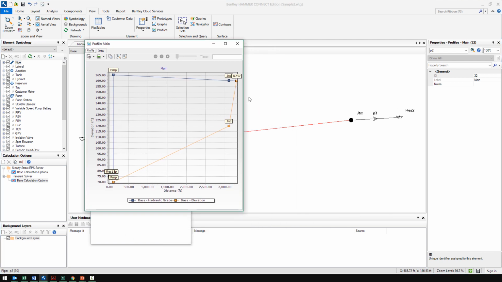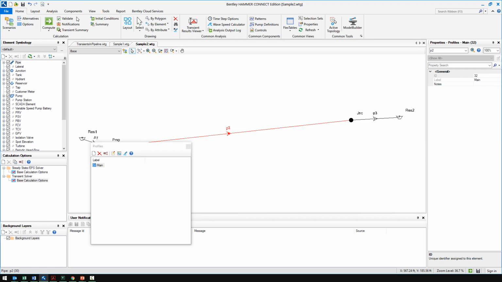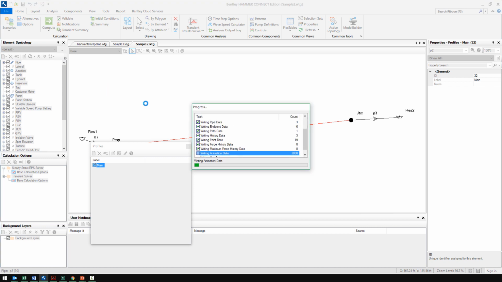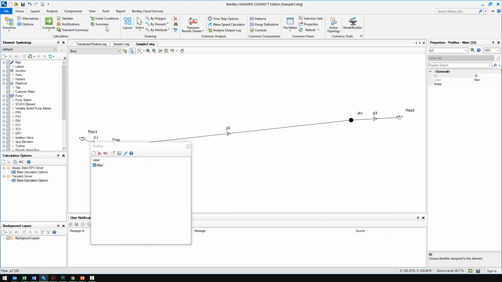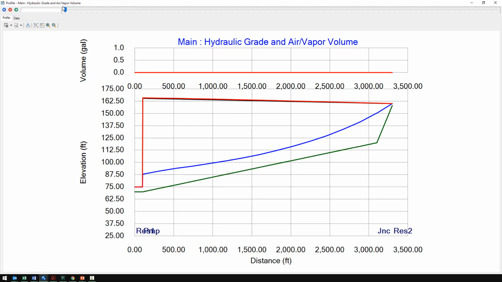So we can see this is your initial conditions profile. We have a slope to our hydraulic grade because we're pumping from the left side to the right side. The pump is adding energy, and there's a friction slope as it reaches the final reservoir. And if I do a transient simulation and take a look again at the profile there, we can see in this case the pump shuts down and it eventually reaches a flat line here, and in fact